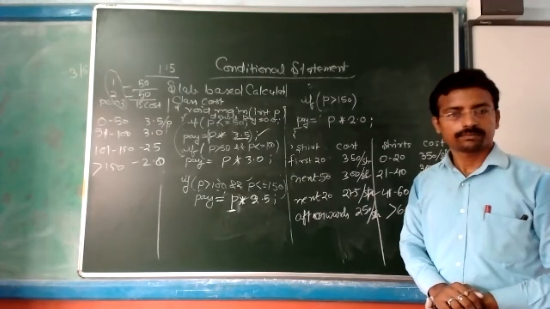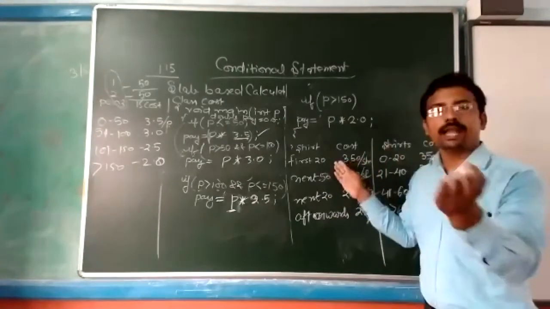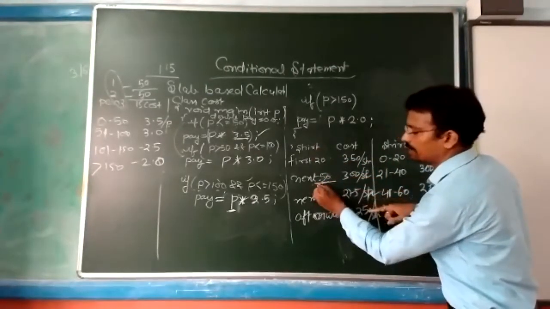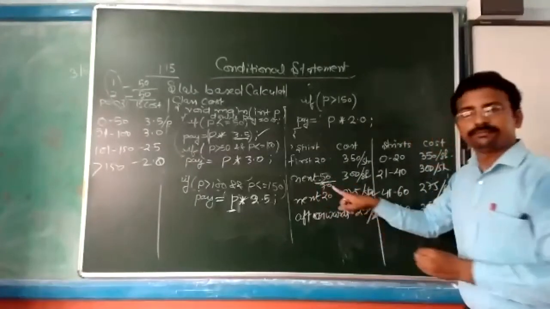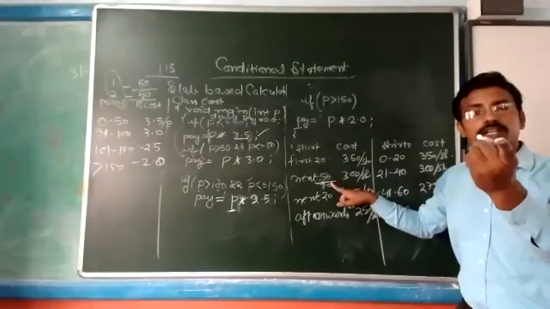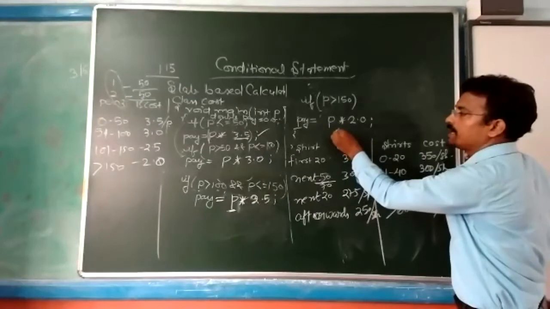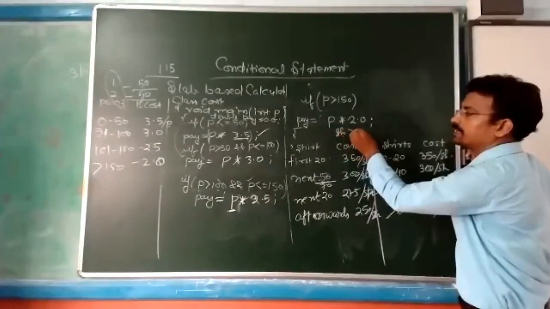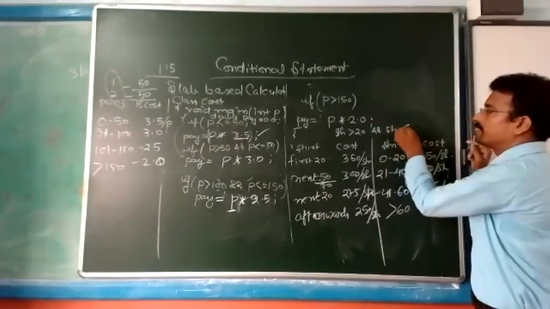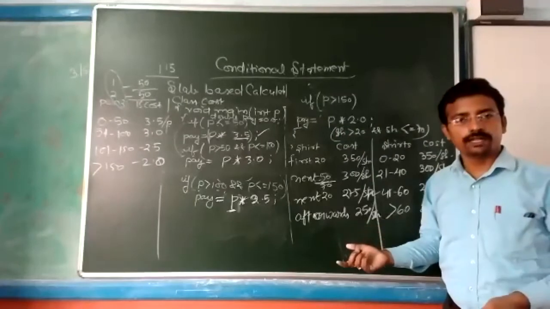So for the first 20 we will multiply by 350 directly. And how will you handle the second one? Total is how much? 70 now. Yes, sir, 20 plus 50 is 70. So the second condition will run up to 70. So you will do it this way: shirt is greater than 20, but it should be less than or equal to 70. That's the same way you can handle.